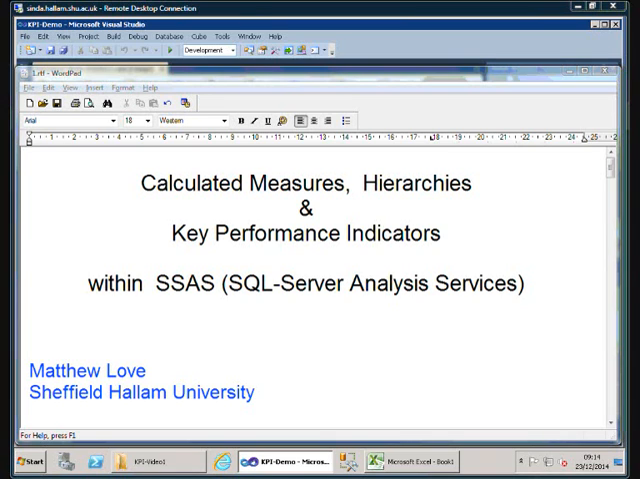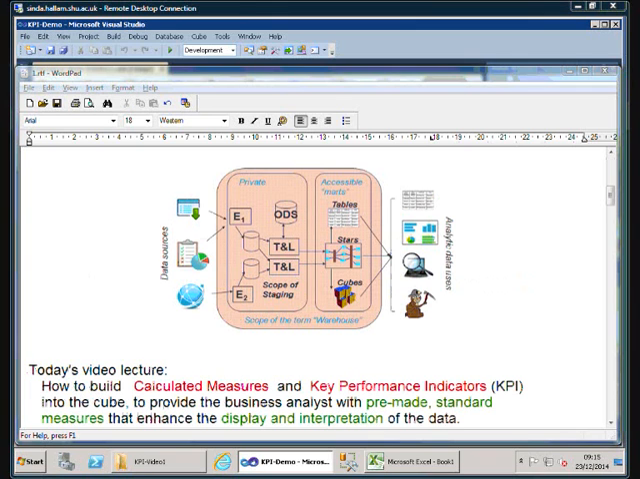Welcome to this video lecture on calculated measures, hierarchies and key performance indicators within the Microsoft SQL Server Analysis Services tools. Throughout the lecture series we've been talking about the process of data warehousing and how multiple sources such as databases,